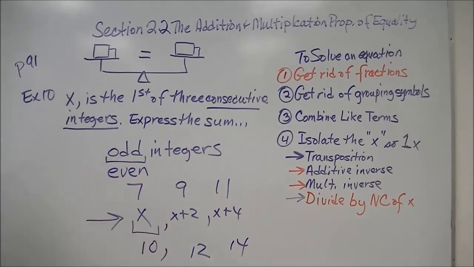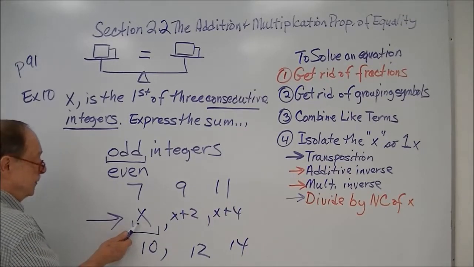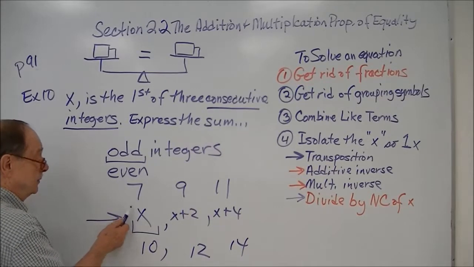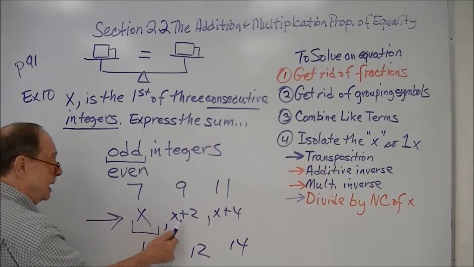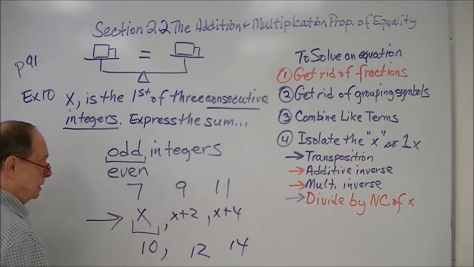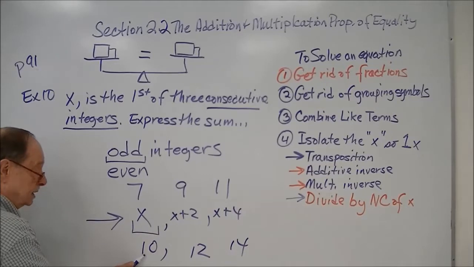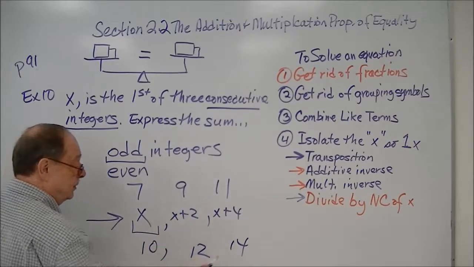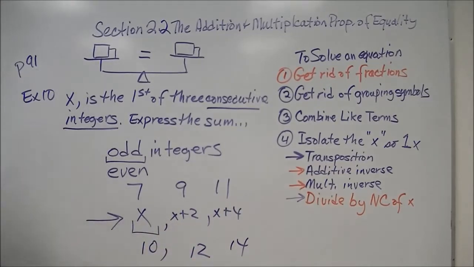integers? And again, once again, the key is, what integer do you define first? If you define an odd, then by adding 2 you get the next odd. If you define an even, by adding 2 you get the next even. So a little bit of background on consecutive integers. And later we'll be dealing with some problems